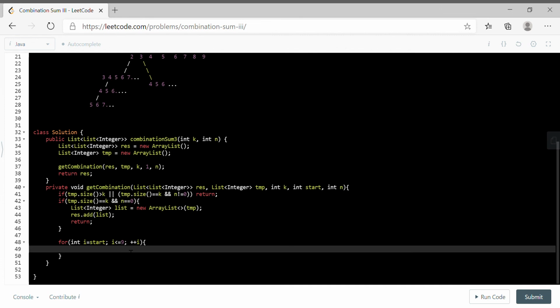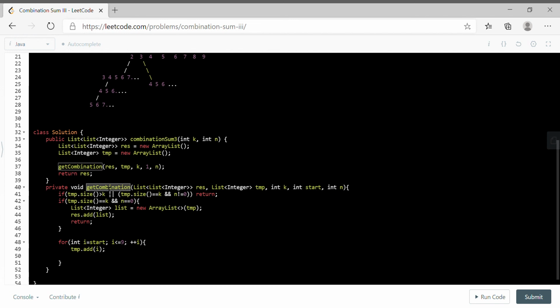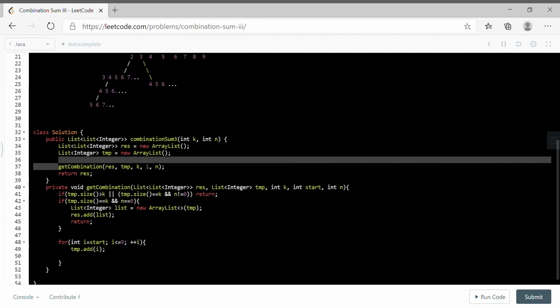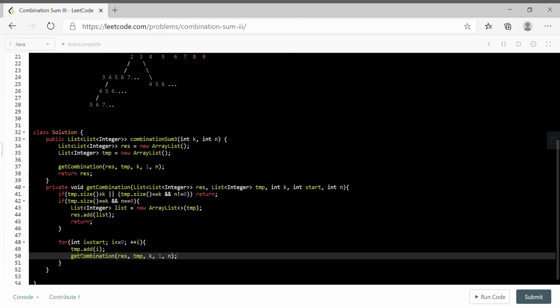So here what we need to do, we need to temp dot add I, right? And then we'll call get combination I plus 1 and we'll subtract I, right?